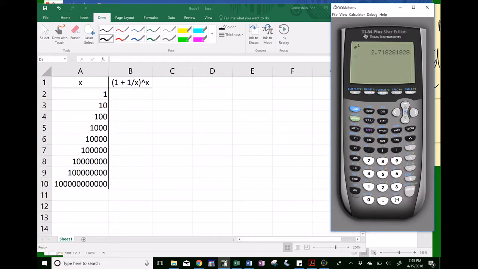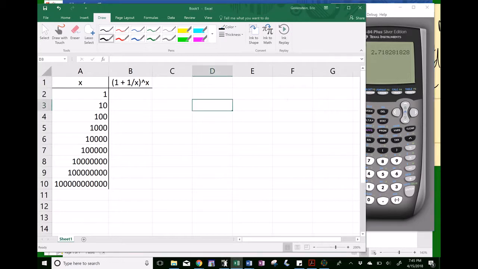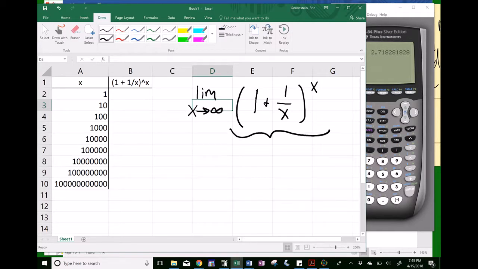where it comes from. So by definition, the number e is defined as this quantity here, (1 + 1/x)^x. And e is what happens to this as we take what's called the limit as x goes to infinity. All this means is x is a variable, x is like an input slot, and as x gets really large, this quantity (1 + 1/x)^x starts to get closer and closer to